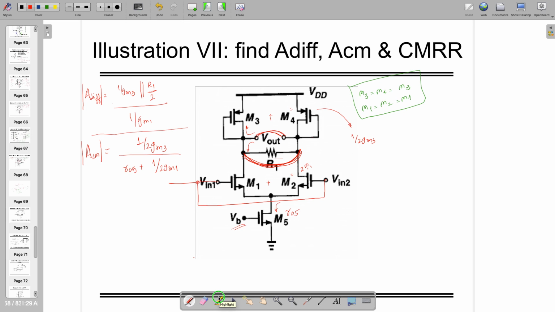And this is the case for AC analysis, or the differential analysis. If it is common mode analysis, then both the potentials x and y will be the same, and hence both will be shorted together. So there is no point in keeping anything other than that. You might have a circuit which looks like this one. Maybe I can draw it cleanly. If there is a circuit which looks like this one,